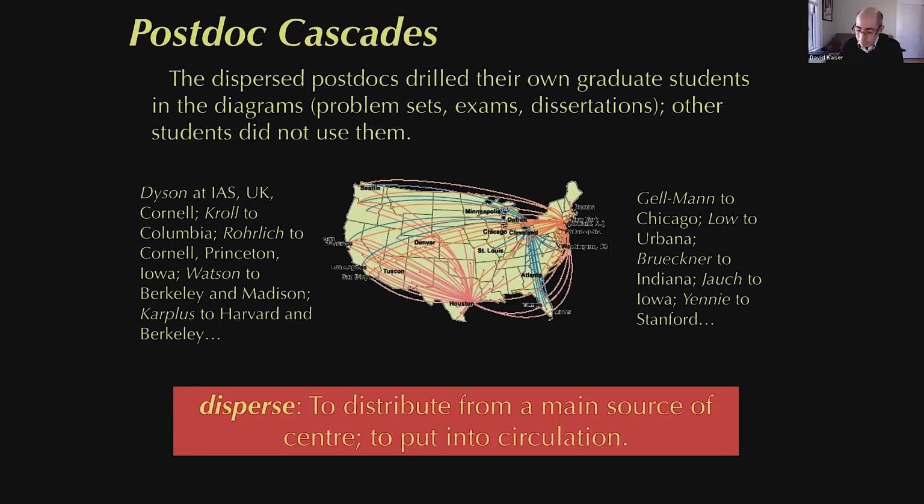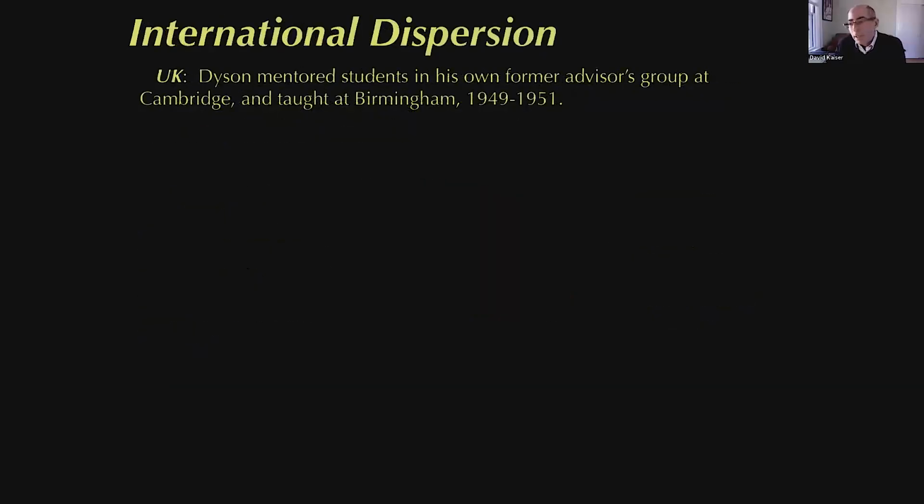Let me say a little bit more about the spread, and then we'll pause for some discussion. So that works, I think, that helps account for how these techniques spread so anomalously quickly within the United States. Go to the Physical Review. At that point, most articles in the Physical Review were contributed by physicists in the United States. That's certainly not the case now, but back then that was a pretty good reflection of US-based physics. We get a sense of how the US-based users of the diagrams began to fan out. But very quickly, the diagrams were showing up in the journals from other countries as well.